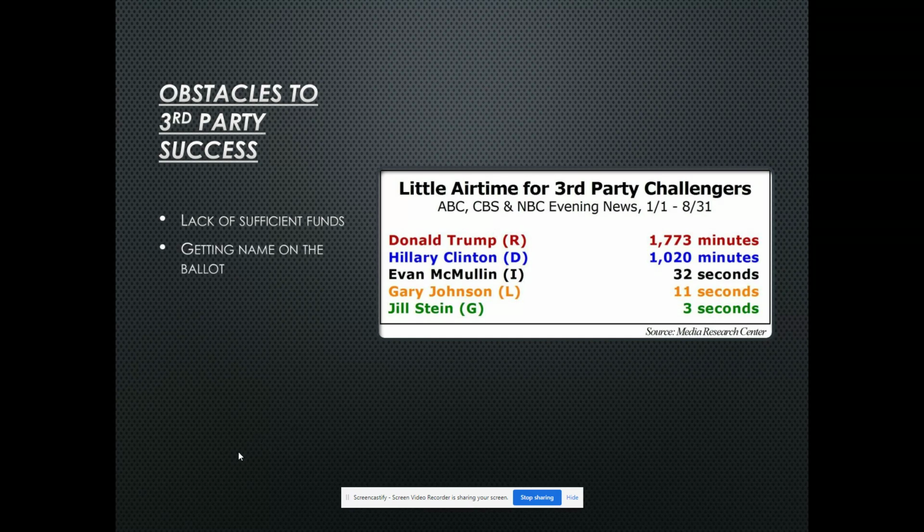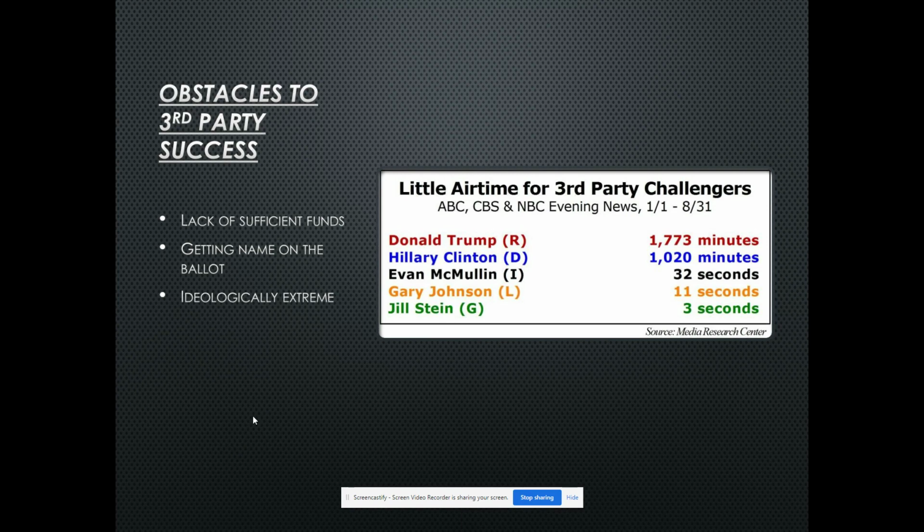Just getting their name on the ballot is extremely tough. Republican and Democratic candidates automatically get their name on the ballot, no questions asked, in all 50 states. For a third party candidate, you got to work at it. You usually have to get hundreds of thousands of people to sign a petition or to register with your party in a small window of time to make you eligible to have your name on a ballot in one of our 50 states. And if you're lucky enough to do that in one of our states, good luck. There's 49 other states and they have their own process for that. So I guarantee you, if their name's not on the ballot, no one's going to vote for them.